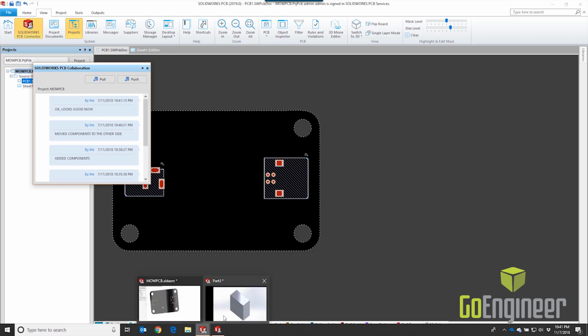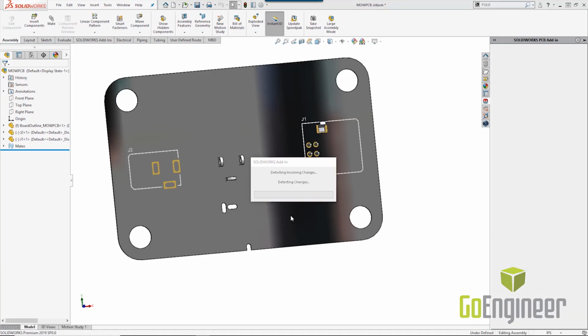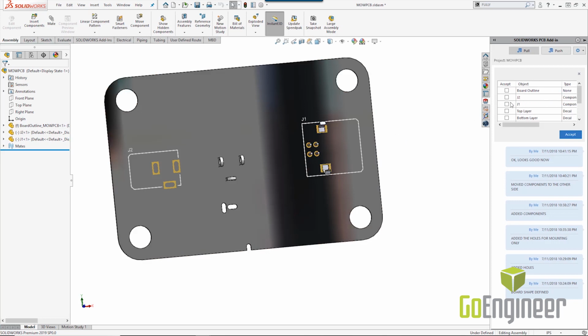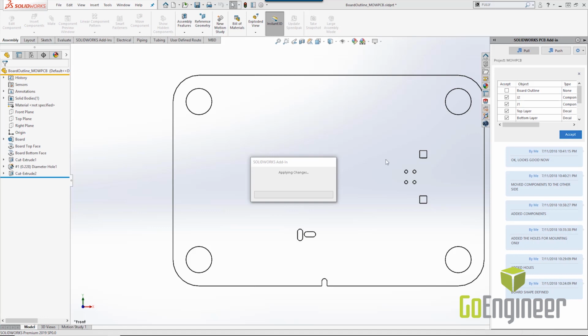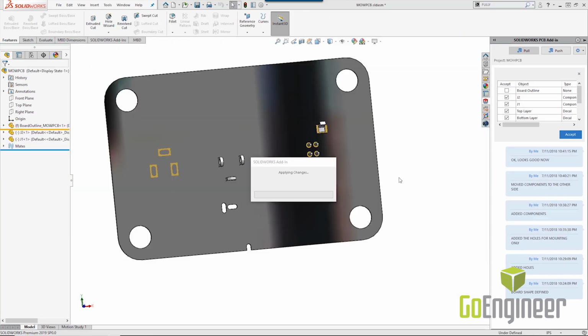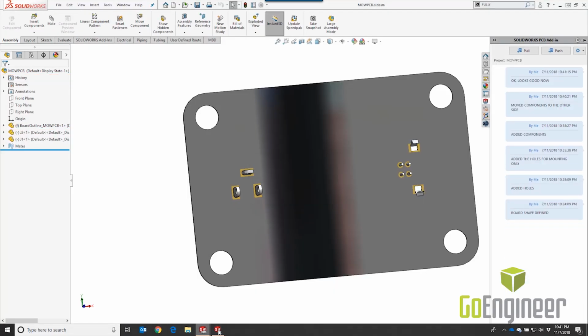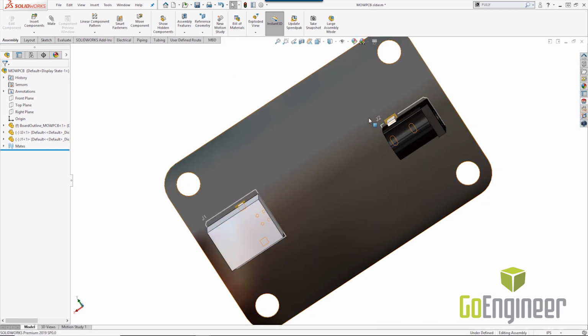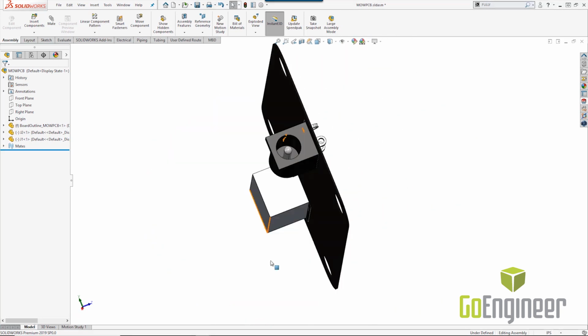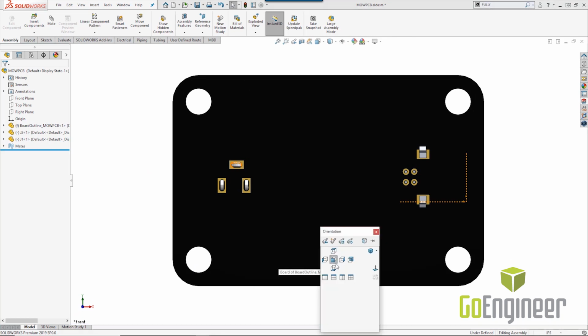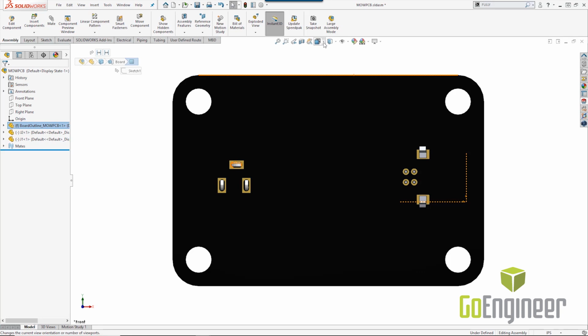Now, going back to the SolidWorks user, we have a couple things here. We'll review the changes. We'll take all the layers and the components and accept those. So we'll go through and place some checkboxes here. And you'll see it'll actually update the silk screening so that they're on the other side. Everything's moved and everything looks great. If I rotate this around, I can see my silk screen's been updated, the copper has all been updated, and inside of SolidWorks I can now look at the more specific pieces of information that I want to see. So let's go to the back side of the board,